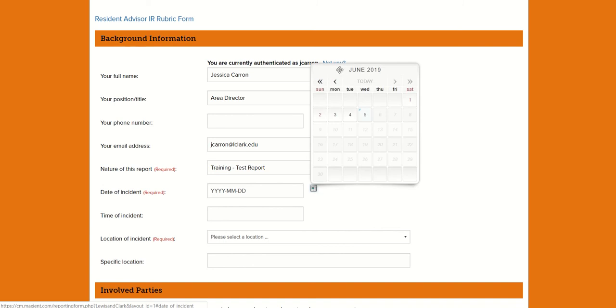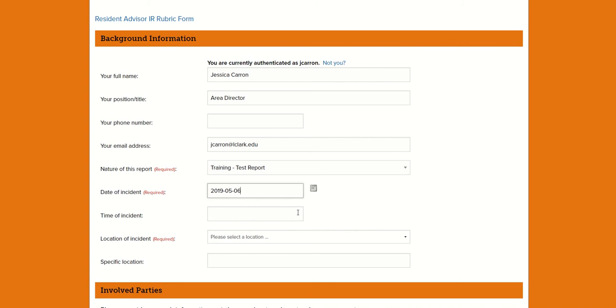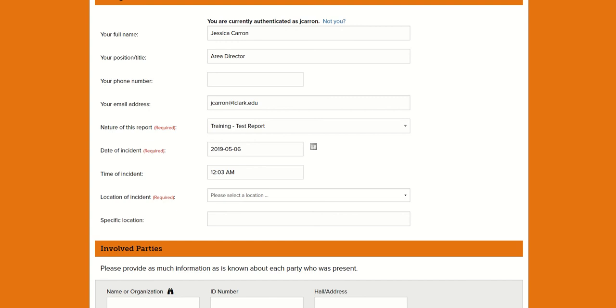Now you're going to submit the date and time of when the incident started. So that's a really important key. And as you saw in the presentation, this needs to be within noon the next day from your incident that happened. The reason for this is that it keeps details fresh on your mind because you haven't taken too long to submit it, but also so that a student isn't hanging in limbo waiting to hear back about an incident that's already causing them probably some anxiety. We want SRR to get on it as soon as possible. So make sure that you're doing that within noon the next day or communicating with your AD if you need